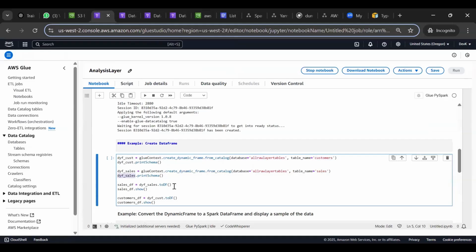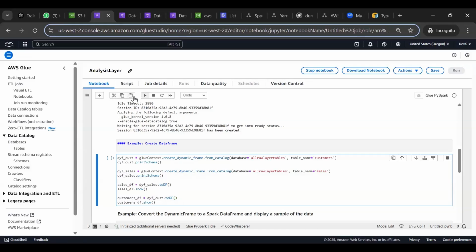You can print the schema. Then, guys, this is DYF, right? It's associated with the Glue context. What we are doing here is taking DYF.sales and DYF.customer and converting them into our Spark data frames. From here onward, we will work on Spark data frames. So that's the only thing that is different. In Glue, whenever you get a data frame, it has a Glue context, and you convert it to a Spark data frame with the help of toDF, right? And then now you can work on these things. So let me